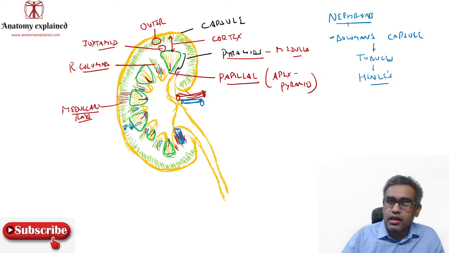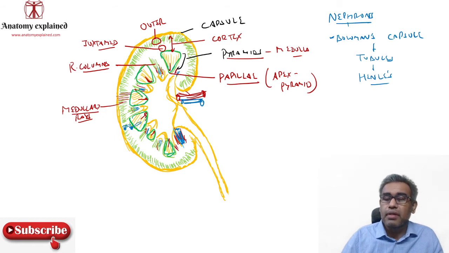Now from here the collecting part started. Or you can say the collecting tubules are also a part of the collecting part embryologically. So the collecting tubules come from the ureteric bud, while the tubules and the Bowman's capsule come from the metanephric blastema. The collecting ducts are opening over here, and from here the collecting part will start, with the structures known as minor calyx. So there will be a few small collections which are known as minor calyx.